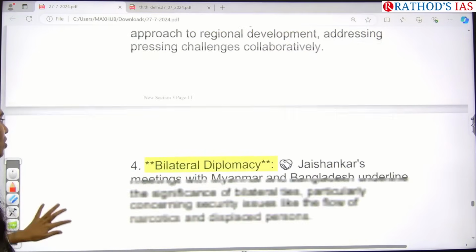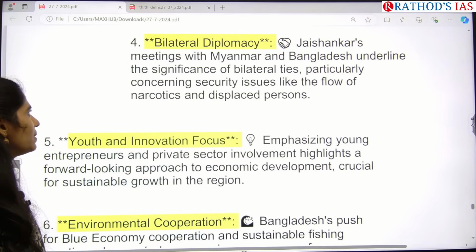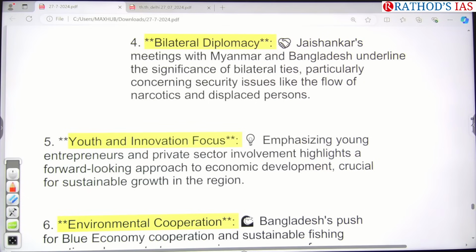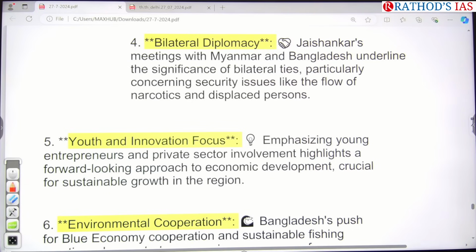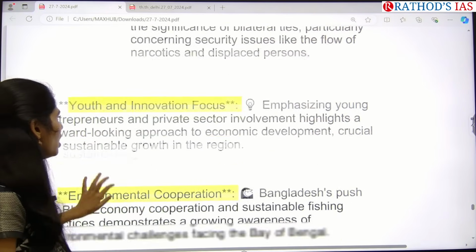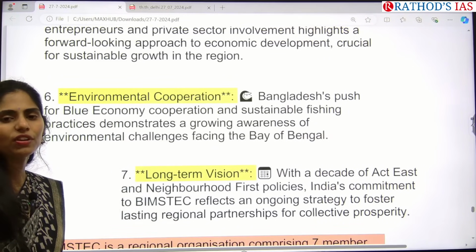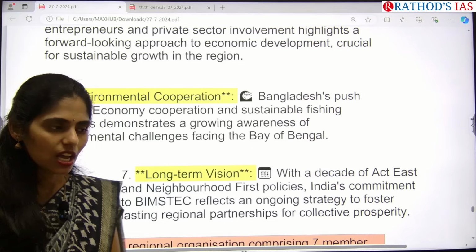And next one is we are also going to have bilateral diplomacy. So our external affairs minister is having meetings with Myanmar and Bangladesh, so that we can understand the importance of these bilateral ties, and we can also focus on our security issues. Next, we can have a good focus on environment cooperation between these countries, because